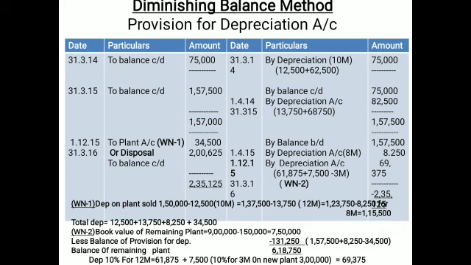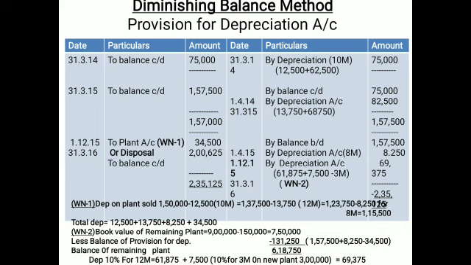But first of all we have to sell the machinery. When the machinery is sold, you may see the plant account on the debit side with the amount of 34,500. So it means the machinery sold value is to be transferred first, if you are not preparing the disposal, then to the plant account. Otherwise, if you are preparing the disposal, then this value will be shifted to the disposal account. So you have to see if you are preparing. So these are the figures now. If you don't prepare disposal, then to the plant the value is the same.